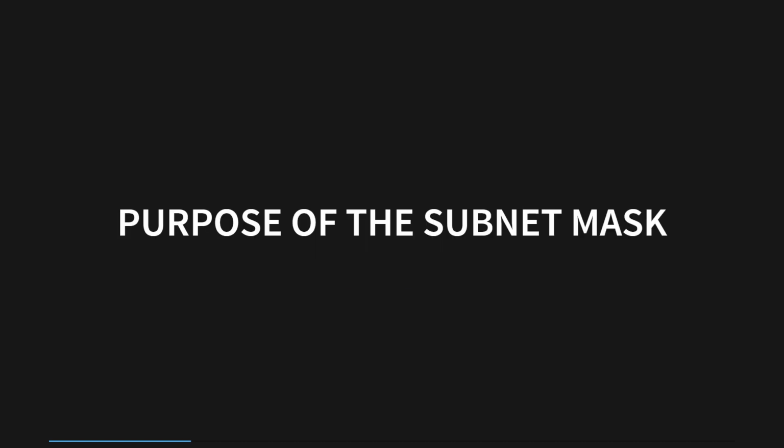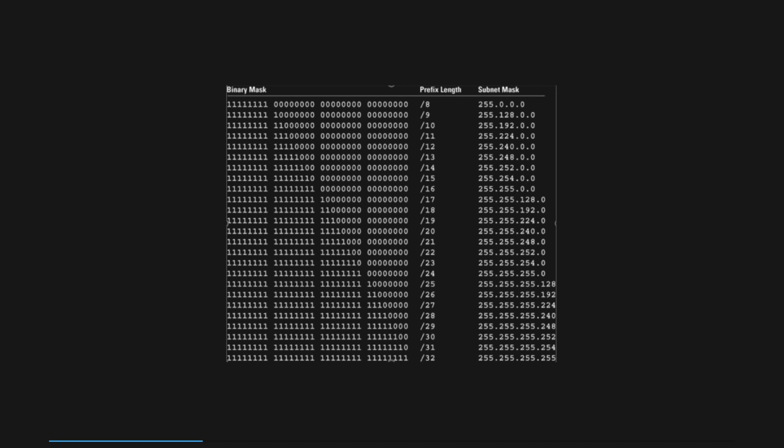Subnet masks always consist of a series of 1 bits, followed by a series of 0 bits. The boundary where the series transitions from 1s to 0s determines the separation between the network and host portions. Devices operating at layer 3 use this boundary to determine the network address of a packet. They locate the position where the series of 1 bits ends and the series of 0 bits begins.